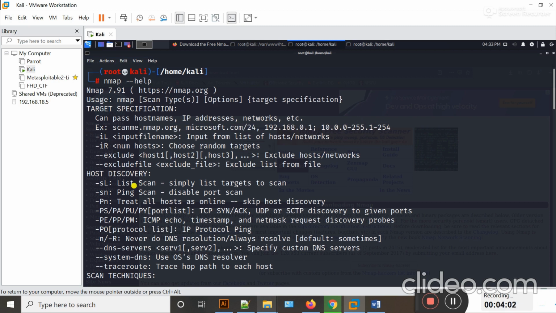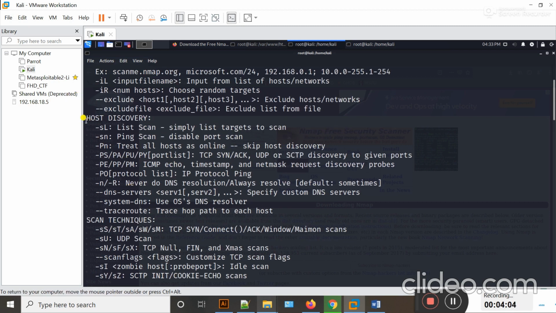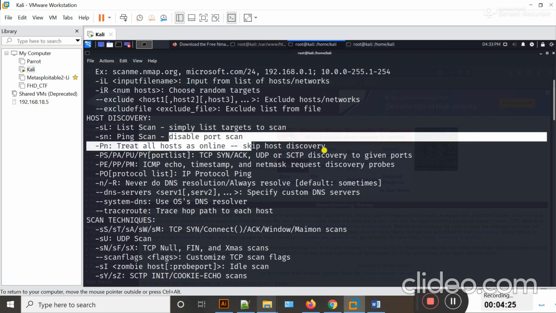Okay guys, next if I move down, here you can see host discovery. Actually, how you can discover whether a host is alive or not, and which services are running on the host, by using these switches. You can use -sL, which will list scan, and -sn, which will be used to ping scan and disable port scan.